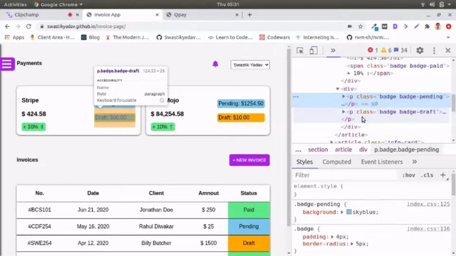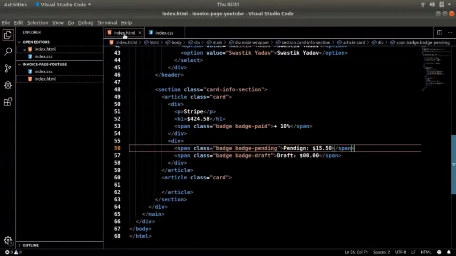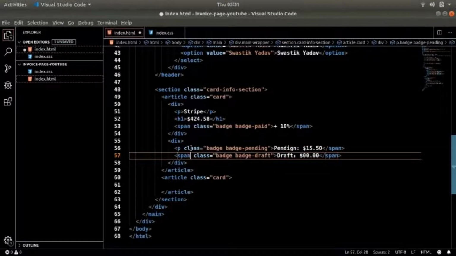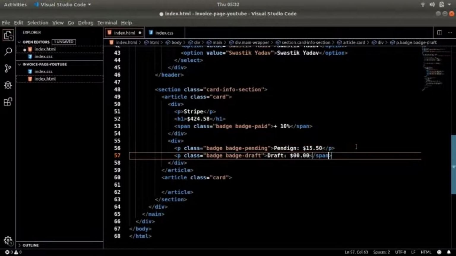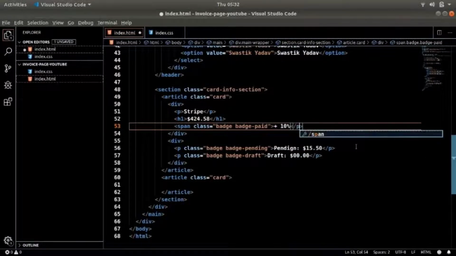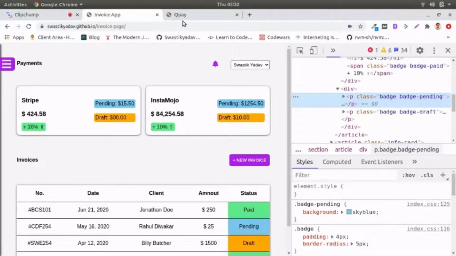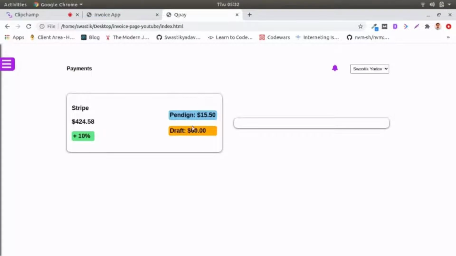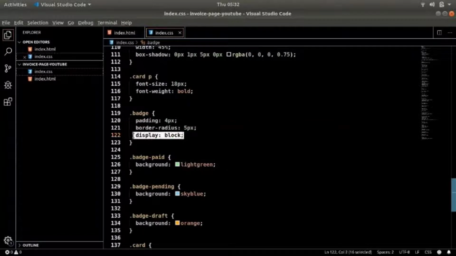So it's a p tag, this is also a p tag. So instead of span, if we use a p tag, it will by default be a block element, and it will start with a new line. You won't have to do that thing of making it block with the CSS. Yeah, and the p tag will also have some default styles. So now we don't need to make it display block over here.